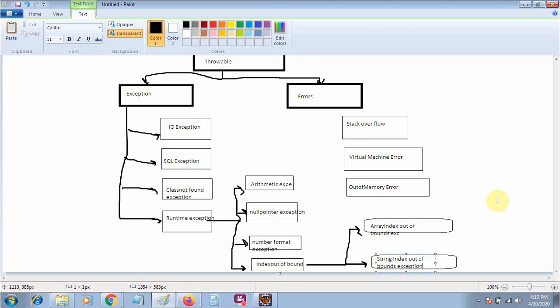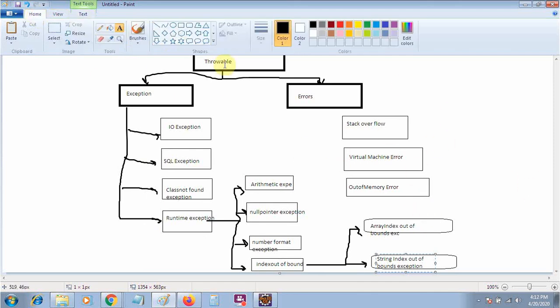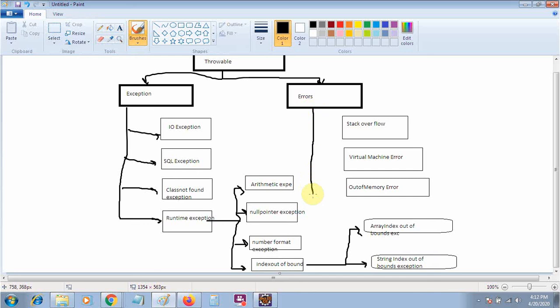Okay, so it's all about the exception. Whenever you go for an interview or whenever you are working in an organization, you will see exceptions in your programming language. No matter where you look, sometimes you will see stack overflow, sometimes index out of bound, class not found, or SQL exceptions while connecting. So this is a kind of exception. We will discuss each and every exception one by one.